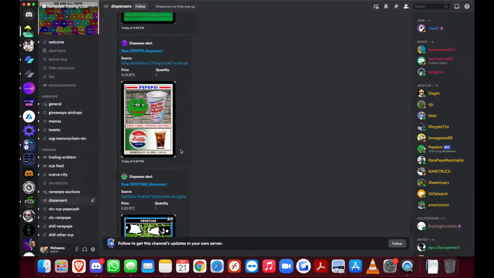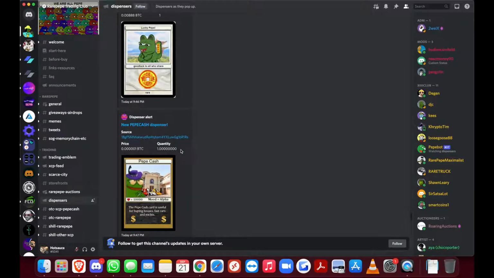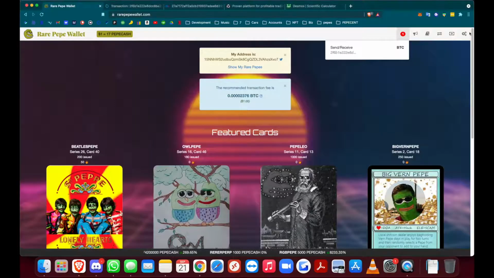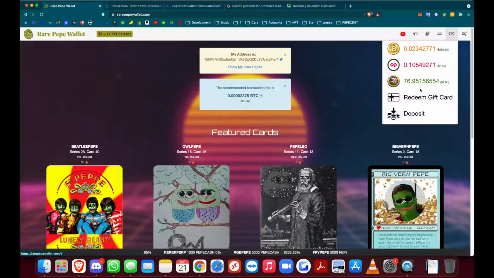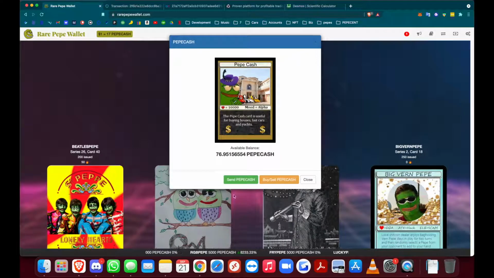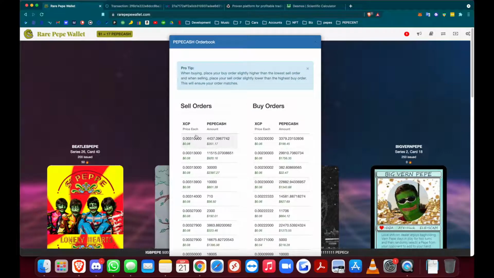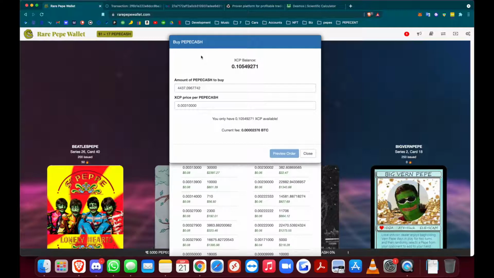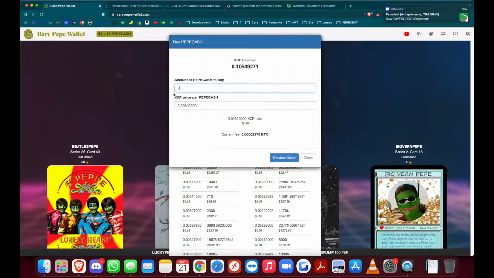Okay, so there's a Pepecash dispenser where you can send this amount of Bitcoin and get Pepecash. Or what you can do is, once you have your XCP, you can just click on Pepecash and you can buy and sell Pepecash. So once you have your XCP come through, you can just click on the lowest sell order, and enter how many Pepecash you want. And this is the price per Pepecash. I might just do a little bit above, because that's what Rare Pepe Wallet suggests, that you put it slightly above so it knows which